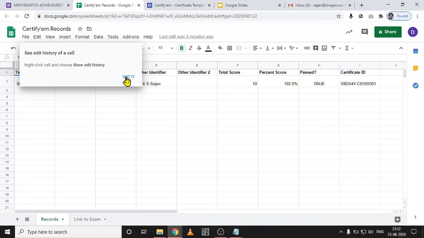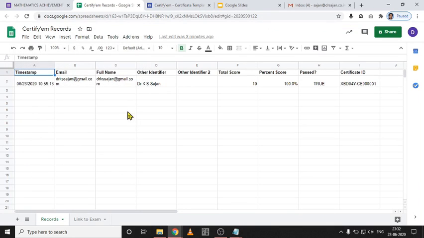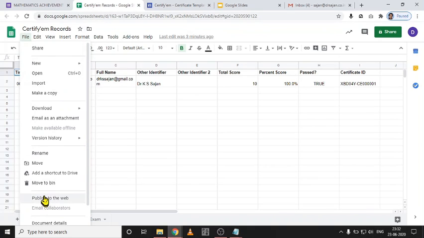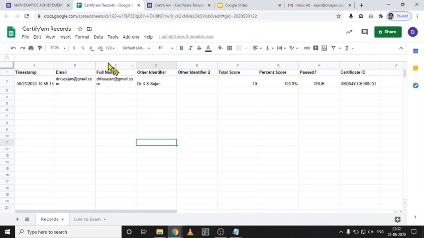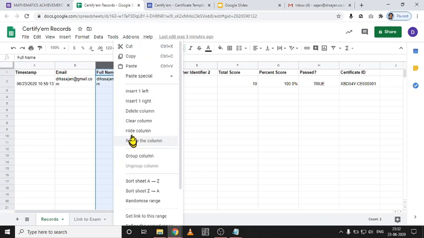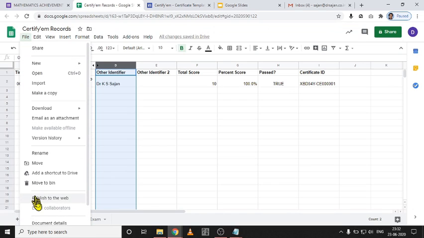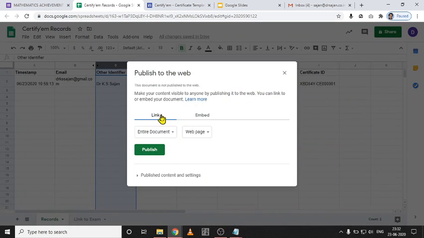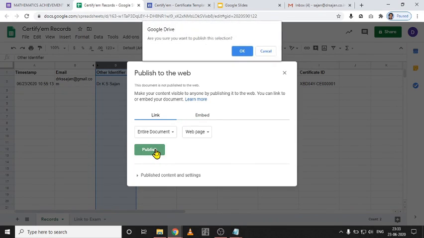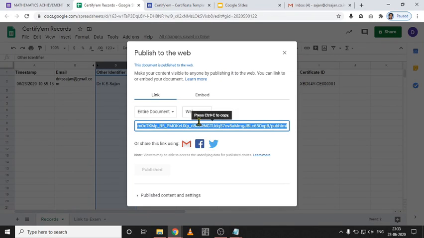This is the page I told that if you publish, click on this and click on publish to the web after hiding the email ID. Okay, you can hide this column, you can hide this column too, and you can publish to the web, and this published page can be added to your website. Click on web publish and